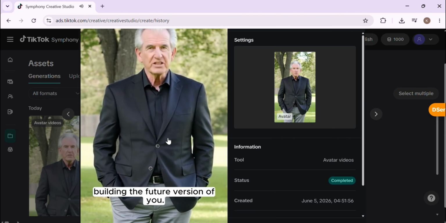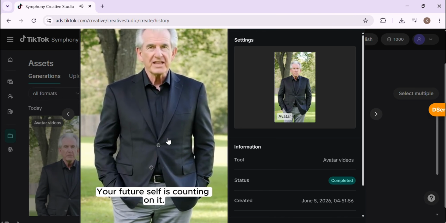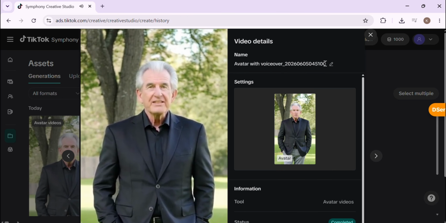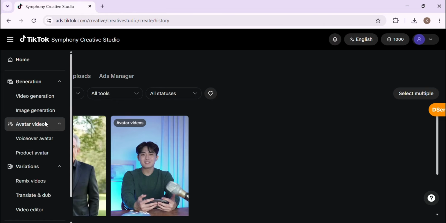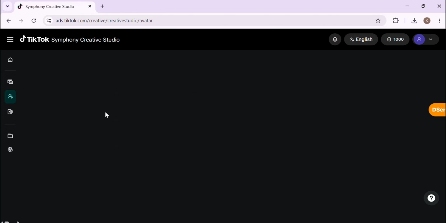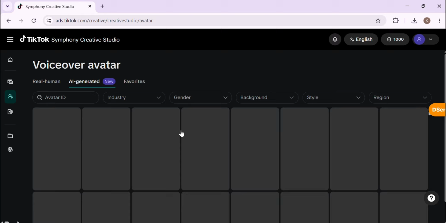As you can see, the final video looks great. It even automatically adds captions, which can help increase engagement and watch time. However, if you prefer creating your own captions in CapCut or another editing software, simply disable captions before generating the video. And that's it. In just a few minutes, you've learned how to create realistic AI talking avatars completely free